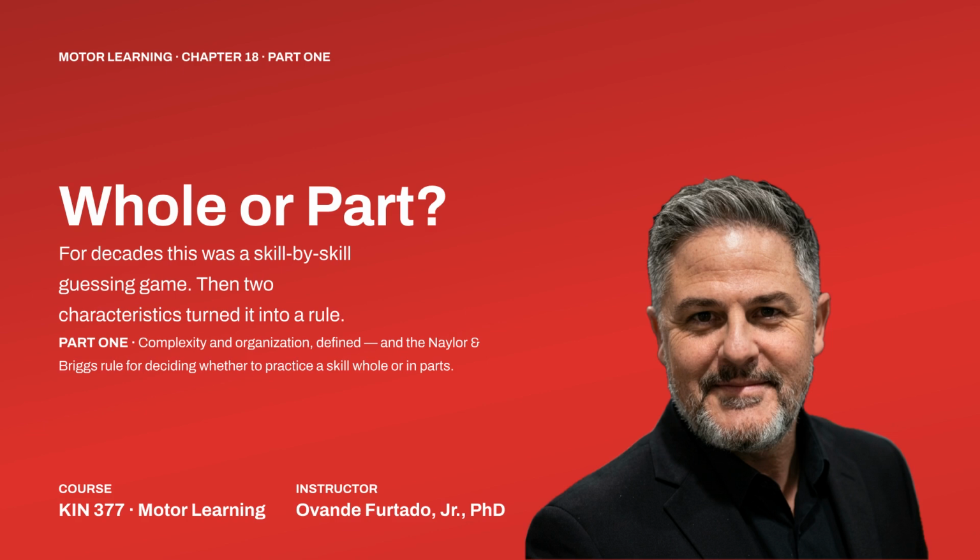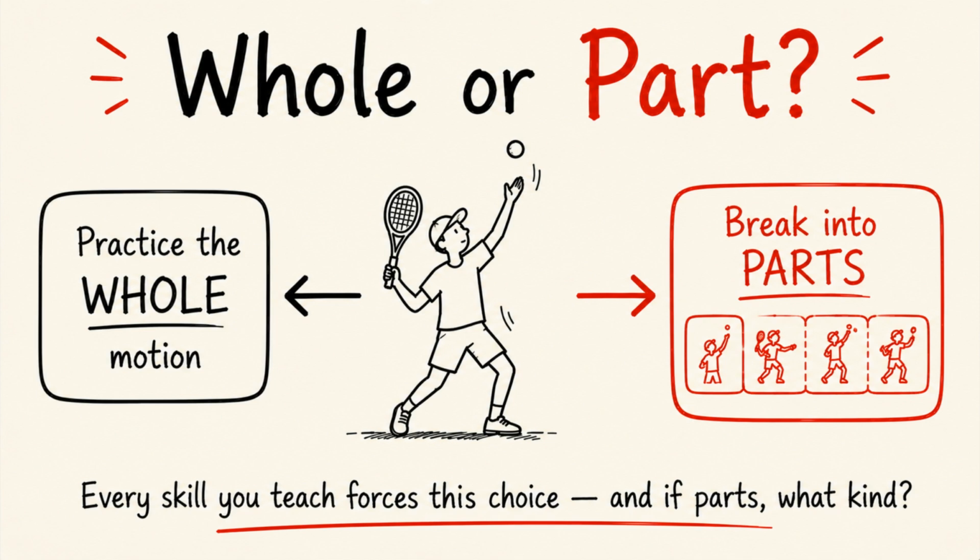So let's define those 2 characteristics carefully, because the whole chapter rests on them. Before we get analytical, here is the choice in its rawest form. On screen, a tennis serve, one flowing motion. You can have a learner groove that whole serve as a single action, or break it into parts and drill them. And every skill you ever teach forces this same fork: a serve, a wheelchair transfer, a piano piece, all